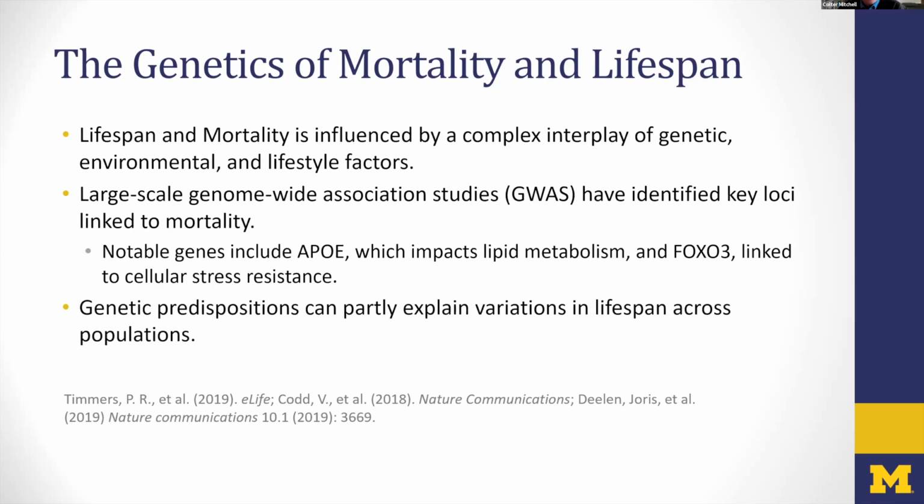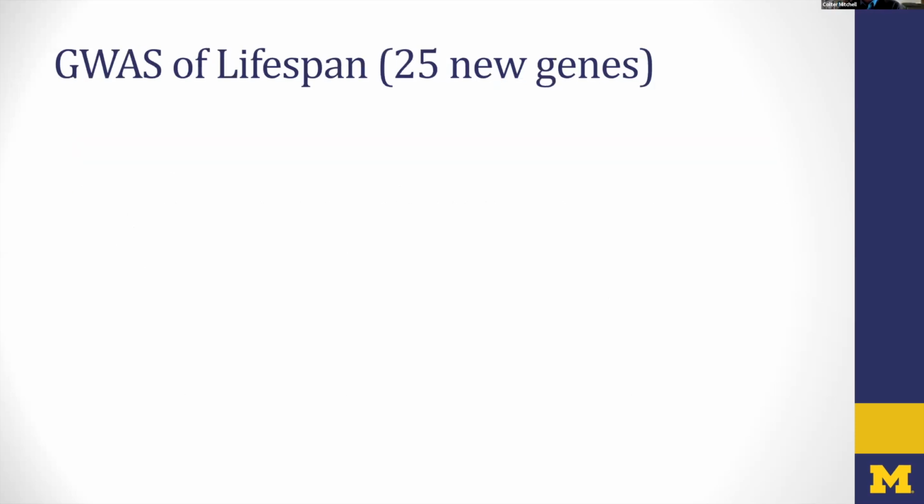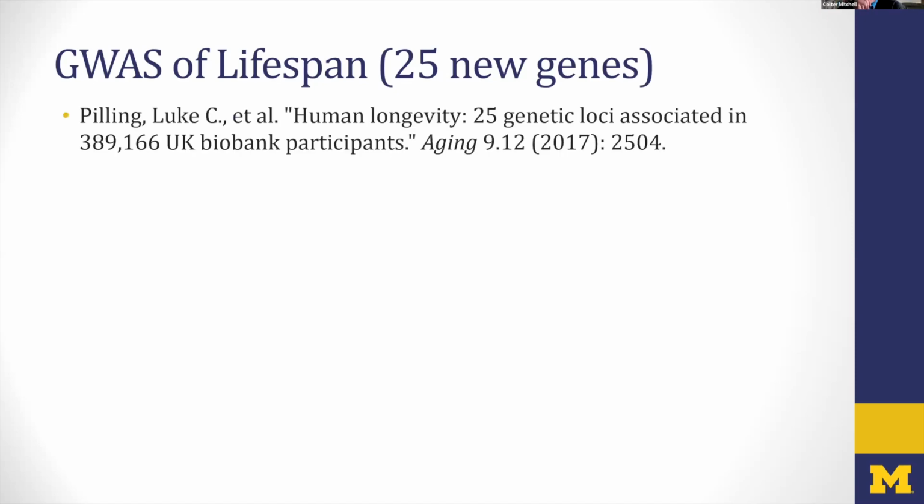But these genetic predispositions can partly explain variations in lifespan across populations. So some populations do seem to live longer in part because of these genetic predispositions. Okay, so here's an example of a study again, GWAS of lifespan in this case. And when they did this study, they found 25 new genes related to lifespan that they hadn't found before. So this is a study in 2017 on